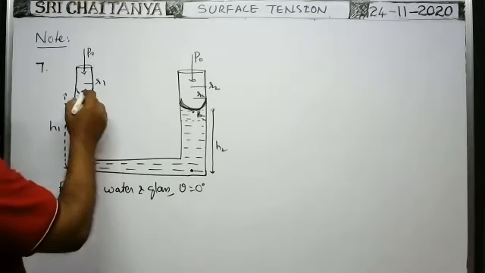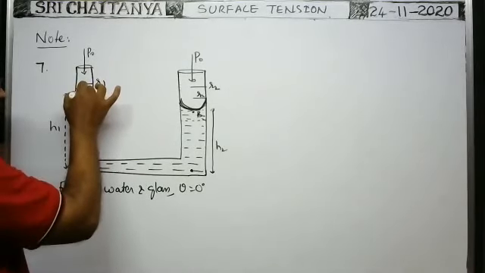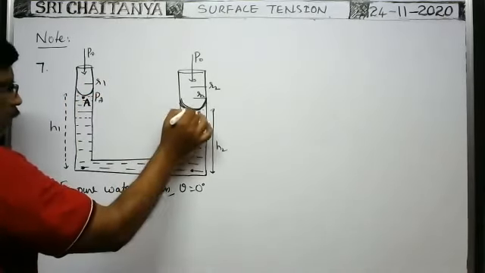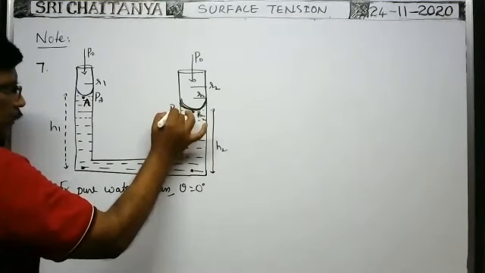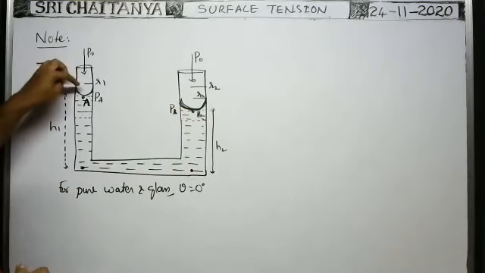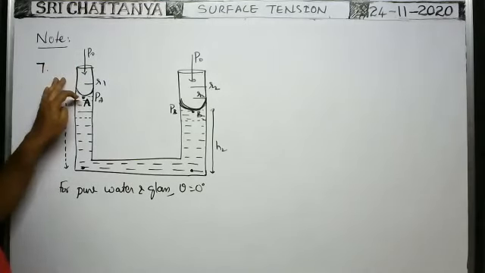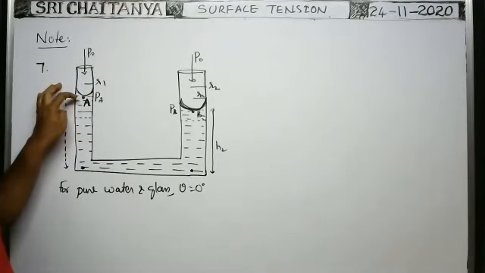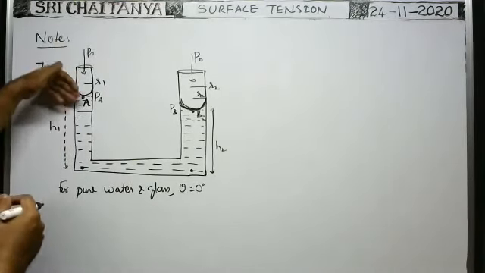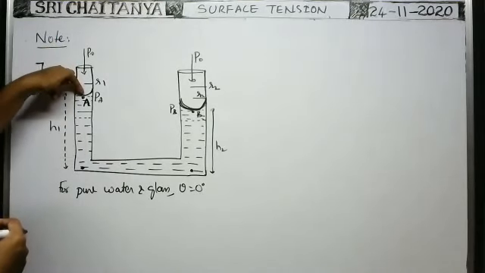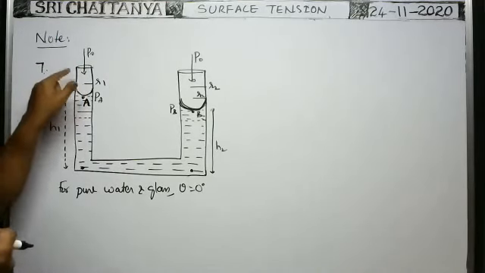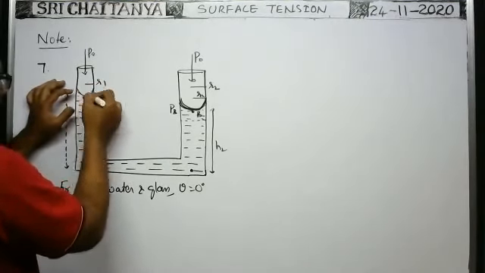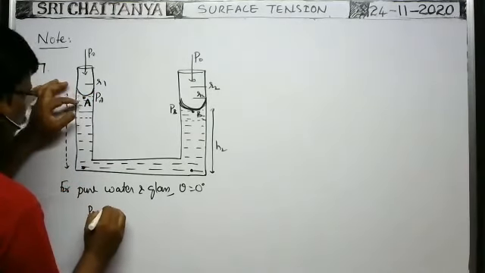Now, on the surface of the meniscus, atmospheric pressure P0 acts. Just below the meniscus at a point A, the pressure is say PA. Just below the meniscus at B, the pressure is say PB. Is the atmospheric pressure more, or the pressure just below the meniscus? As it is depressed, the pressure at the top of the meniscus is more. That's why P naught is greater, and the net pressure difference across the meniscus is P naught minus PA.